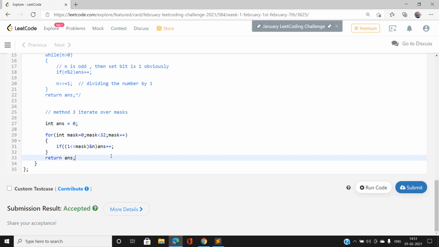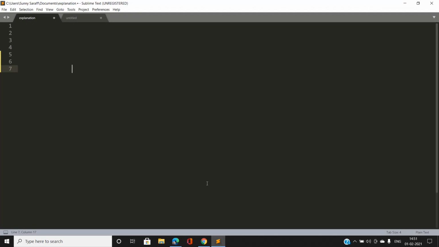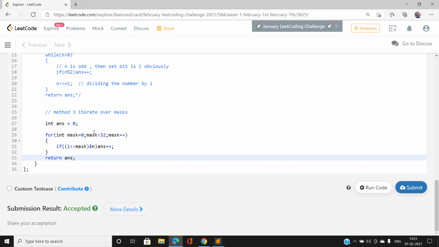Let us understand. Suppose I have the binary representation of, let's say, 4, that is 100. What I am going to do is iterate starting from the rightmost bit, that is from 2 power 0, then 2 power 1, then 2 power 2, and so on. I am going to start my mask from 0, and continue as long as mask is less than 32, and I am going to increment the mask each time. Suppose here mask is 2 and we do 1 left shift by 2, that is we are going to check at 2 power 2,